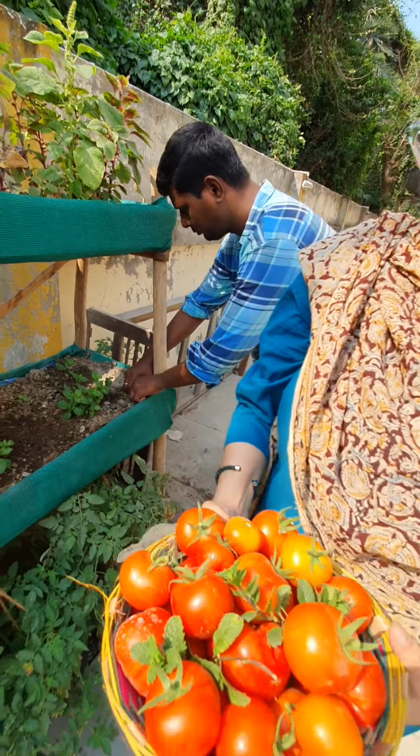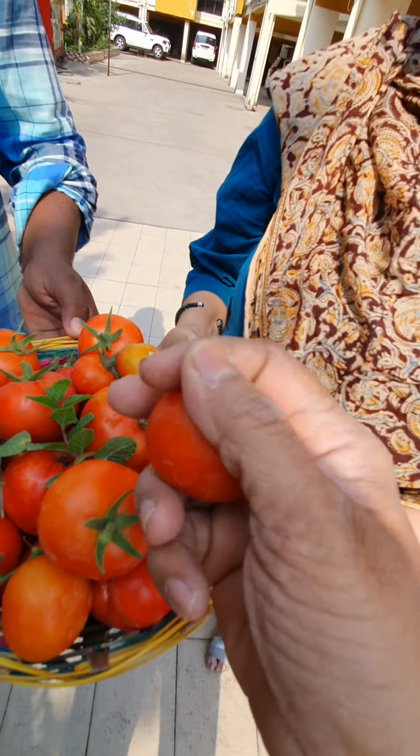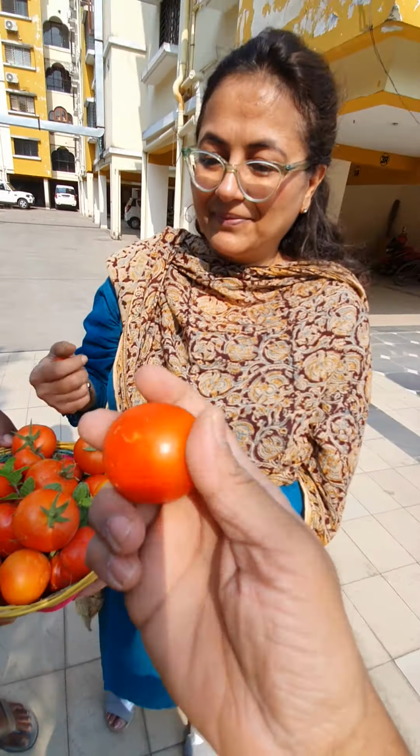The growers and the consumers both collaborating in this wonderful exercise of yellow farming panels, locally optimized farming panels, which are providing this bounty of nature for us to consume. And look at how we can consume this. All you need to do is look at it and then turn it around and